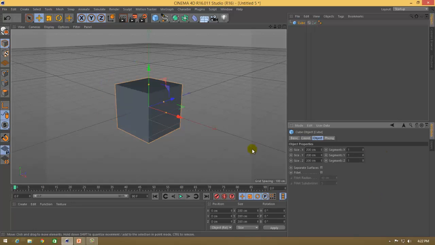In Object properties, you can change the size of the object, or you can add segments inside this object for more detailed modeling techniques. Segments are like water in clay; they can smooth your object for detailed modeling, but if you add too many segments it makes the object heavy and it can crash the software. So it's better to add segments according to your need. Don't add too many or too few,